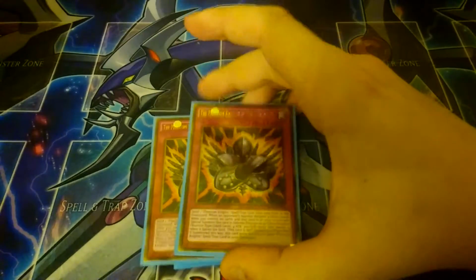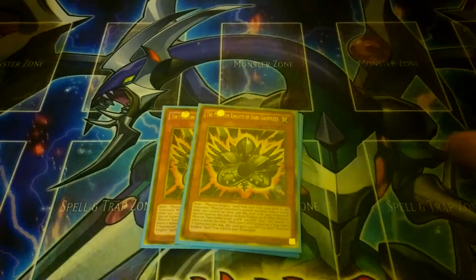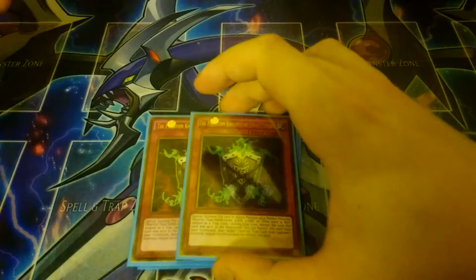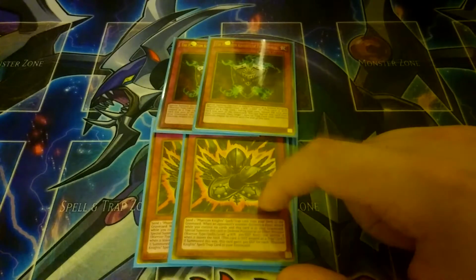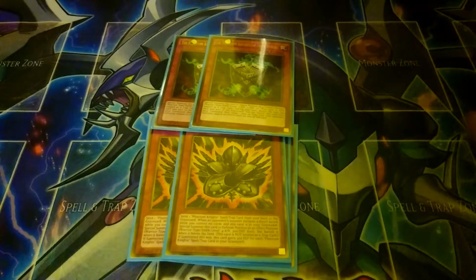2 copies of the Phantom Knight of Dark Gauntlets. The reason I play 2 Dark Gauntlets in this deck is because I play 2 copies of Tomb Shield. The Phantom Knight of Dark Gauntlets, his effect is that if he is on the field, I can activate him to send a Phantom Knight card from my deck to the graveyard. That's a Spell or Trap,